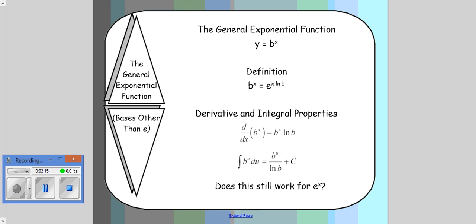Okay, let's look at a couple other things here. The general exponential function we know is y equals b to the x. That's not a natural one or anything like that. That's just your general one when you've got b to the x. So then your definition is b to the x equals e to the x natural log b. We've talked about this before, but it's always kind of tough for people to understand and to remember. I do want you to remember that right here,